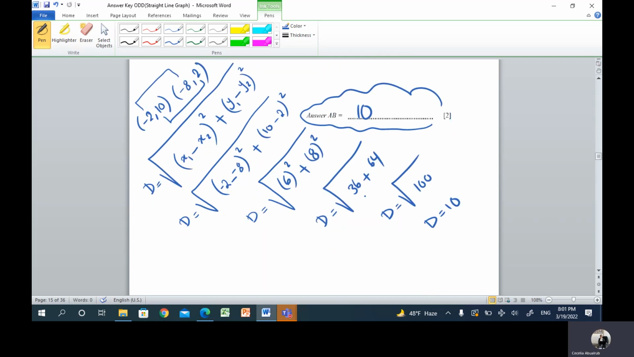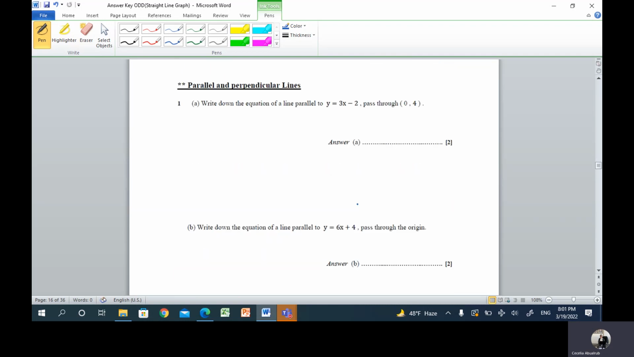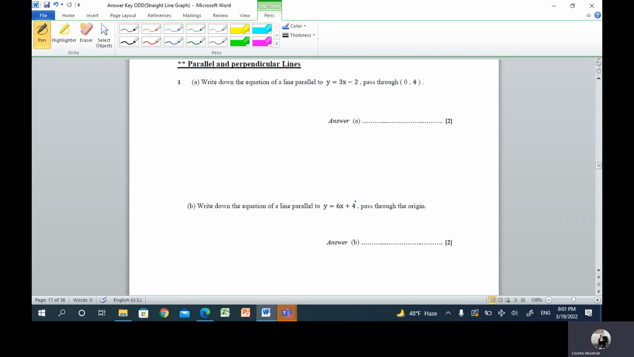Okay. Next. We have to move to page 17. Write down the equation of the line. Y is equal to 3x minus 2. That is parallel. So if we take the first line, which is y equals to 3x minus 2, m is equal to 3, c is equal to -2,